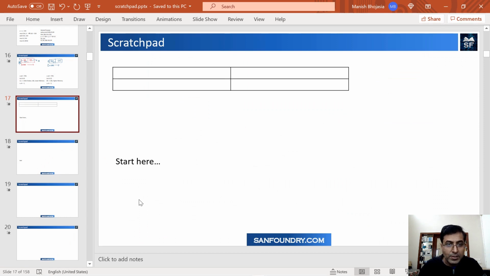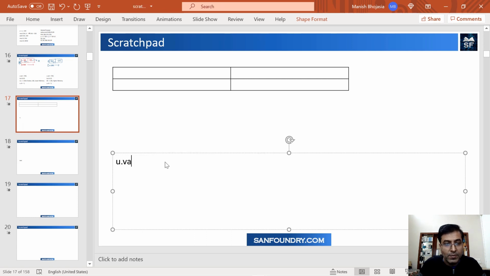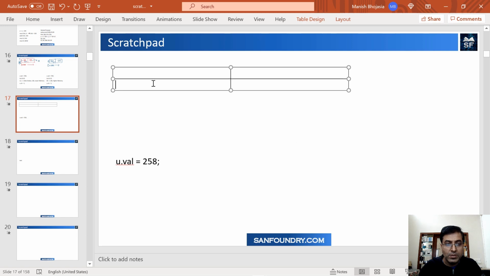Okay, we'll start here. So what is the summary? The summary here is we had a union and then we did a val. So we had u.val equal to 258 originally. When you say 258, any idea? It's a short data type, which means you require 2 bytes. So we look into this space. This can be byte 0, so this will be a lower address.